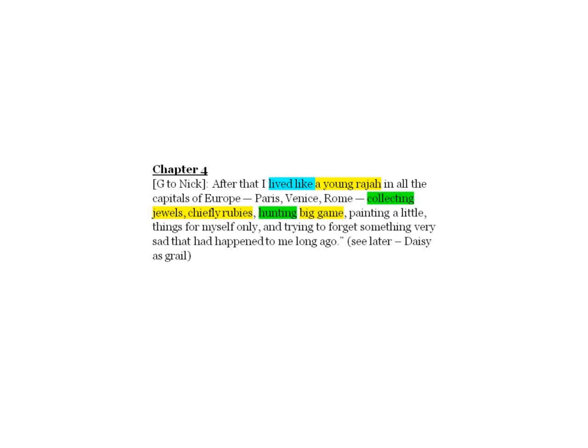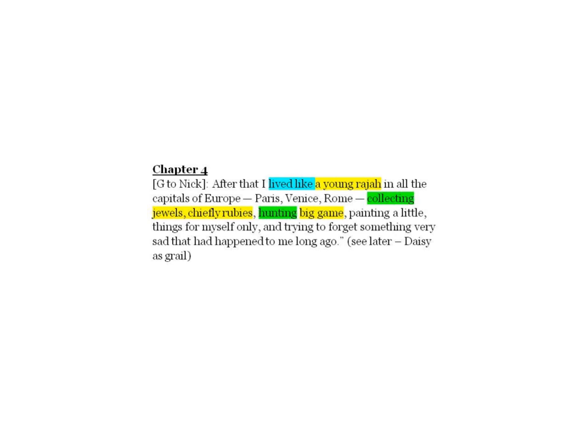Very useful section here from chapter 4 where Gatsby opens up to Nick, and we get Gatsby's version, at least, filtered through Nick's narration of Gatsby's uprising, if you like, his rise from rags to riches. So he's telling Nick of his past.